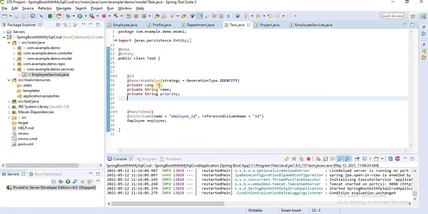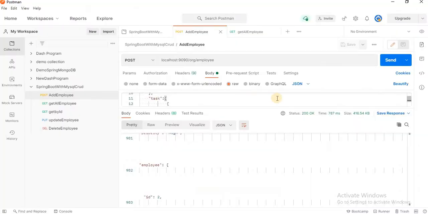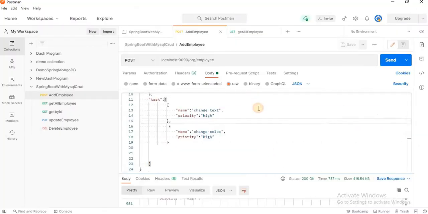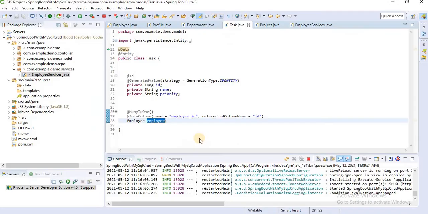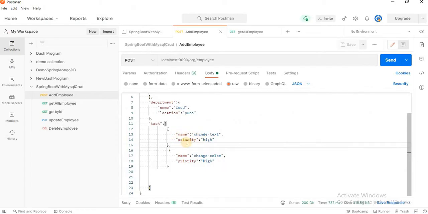Here we have fields name, priority, and then employee. This employee field is empty because we didn't pass anything about the employee in our payload. You can see here we simply pass name and priority. Also we have to pass the employee record here, but we didn't pass the employee record from here.